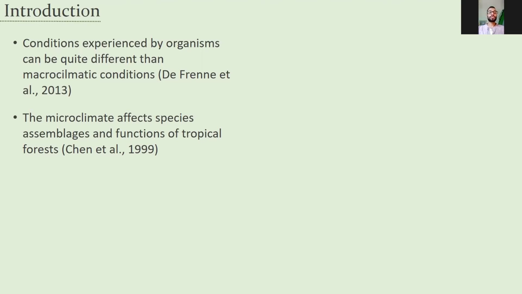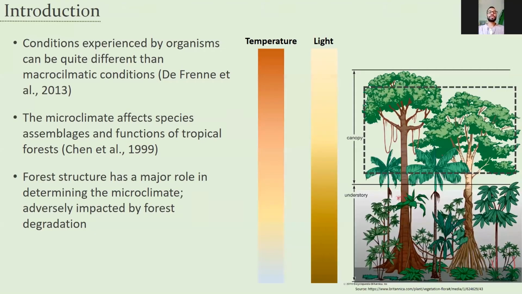The forest structure, which largely determines these conditions, is affected by human disturbances, which impact the structure and will be reflected in the microclimates. The illustration on the right shows the air temperature and light intensity, two very important microclimatic variables, which are the highest at the upper levels and decrease as you go nearer to the forest floor. There is evidence that microclimates in the lower levels are buffered by the forest structure and hence much less extreme.